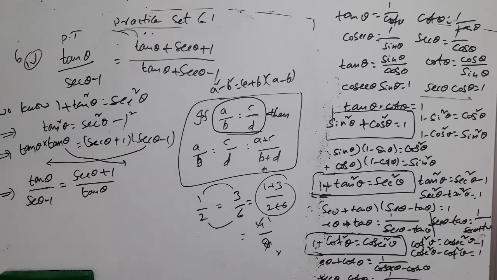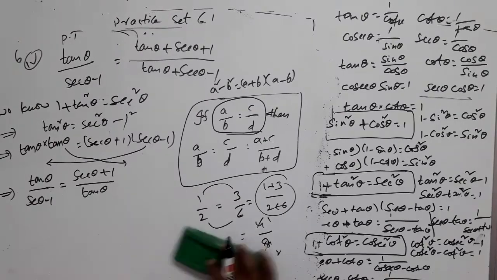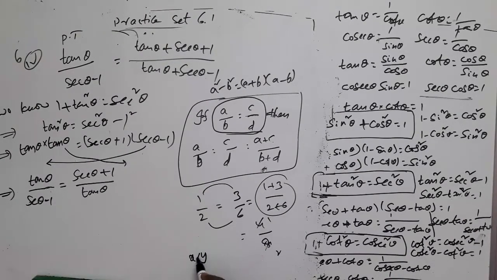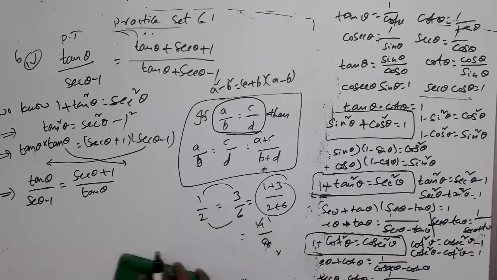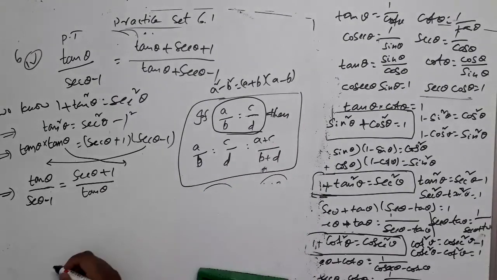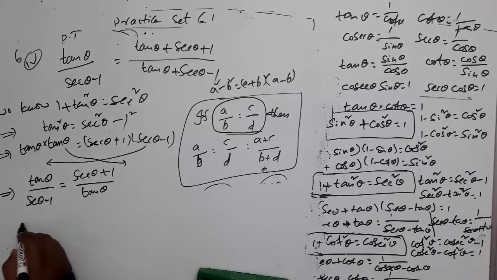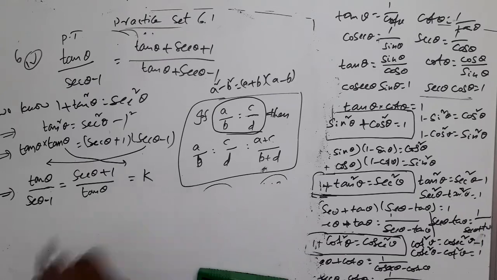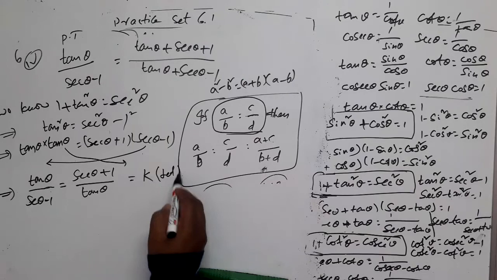So can I get this one? What I have done here: a into b is equal to c into d. Let us say if I have x into y equal to some s into t, can I write like this? One term I am bringing to the other side, this also is the same thing. That's what I have done here, right? So now using this, you tell me now. Let us say each is equal to some k, right? Let each be equal to some k.